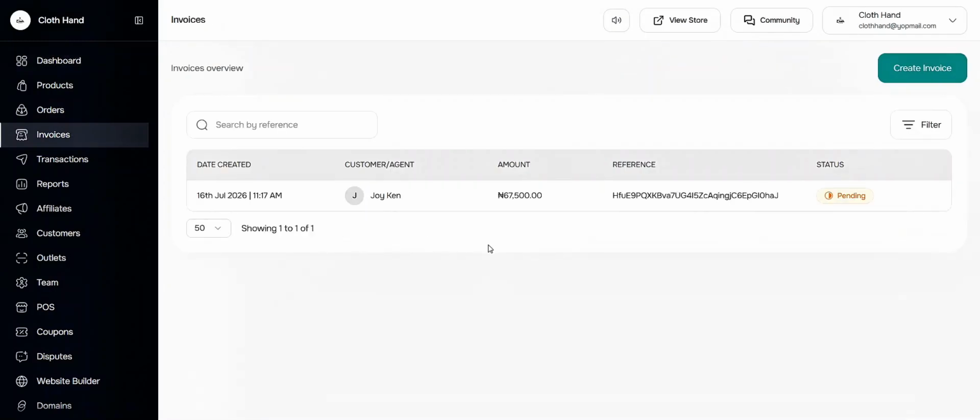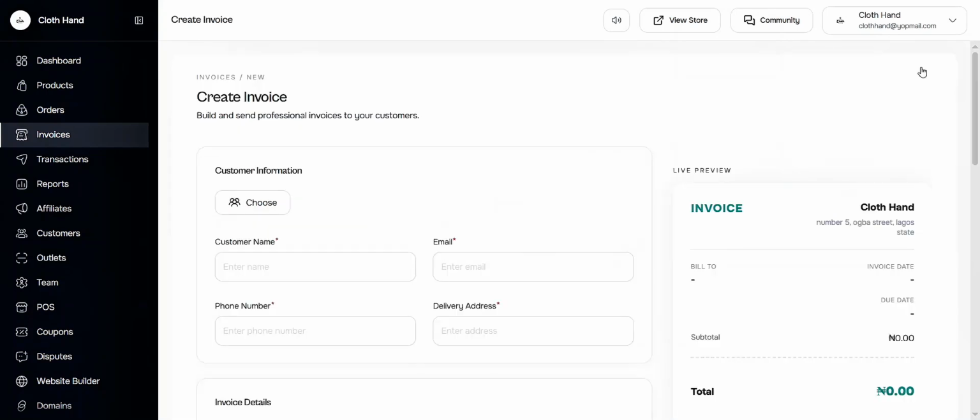If you have created an invoice before, automatically you get to see it here. But for this tutorial, we would like to create a new invoice. So at the top right hand side of your screen, you see the Create Invoice button. When you click on it, another page is displayed where you get to fill out the necessary information as regards